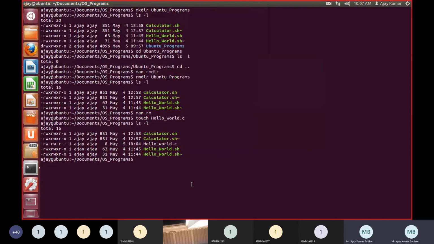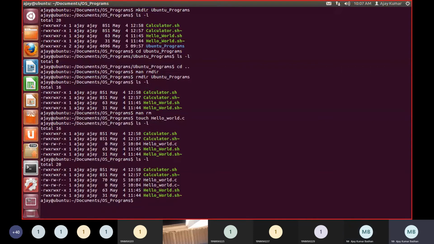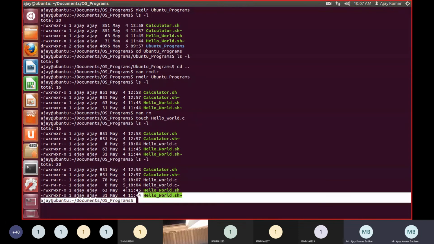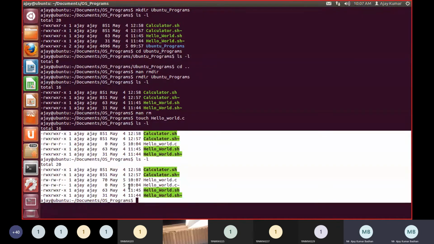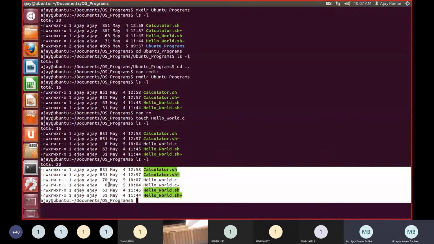Now this time you again use the same command to determine the properties. ls space minus l. You can see here the hashtag has been done, because once you have saved that particular file, it will create an alias for that file. Earlier we had only one hello world.c. But this time you have two here: hello world.c and hello world.c hashtag. You can see that there are 70 lines of code in this particular thing.